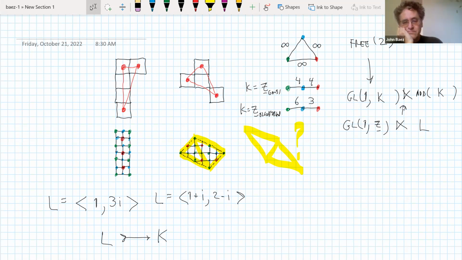And now note that I only use the general linear group, the multiplicative group of the ordinary integers here. It wouldn't act in general on a general lattice. If you want the general linear group of the Gaussian integers or the Eisenstein integers to act here, you would need the lattice to be an ideal in